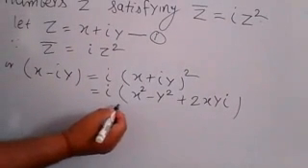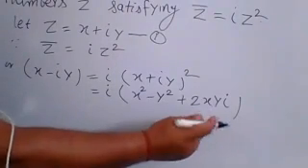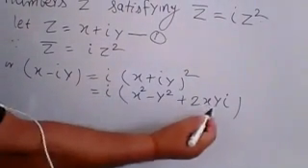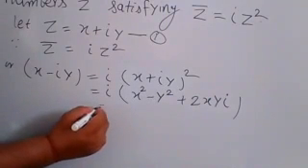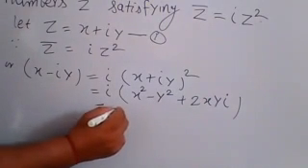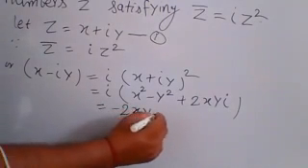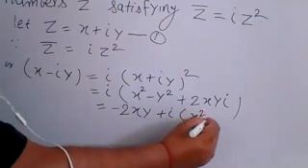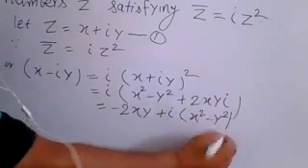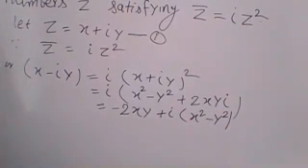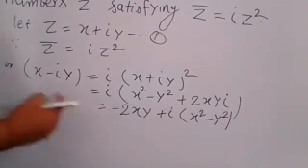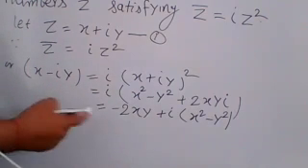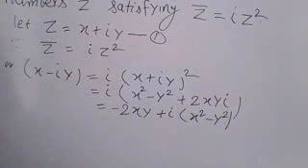Now, if you multiply here, this becomes real. Means if you multiply here, you have i square, so that can be written as minus 2 times xy, and here you have the imaginary part, i times (x square minus y square). So all of you are getting this step, no problem with that. Now, if you compare real part with real part and imaginary part with imaginary part, you have the relation between x and y.